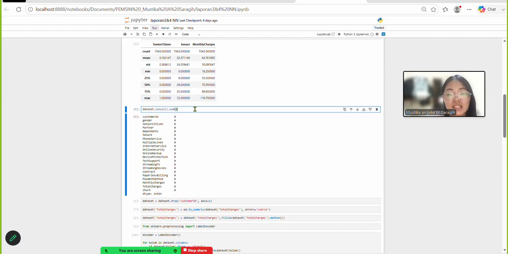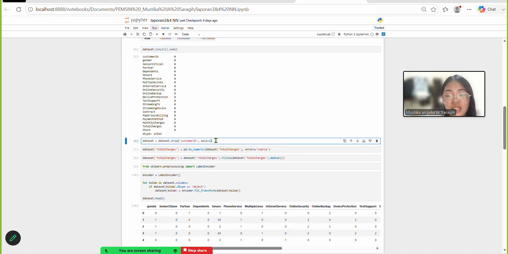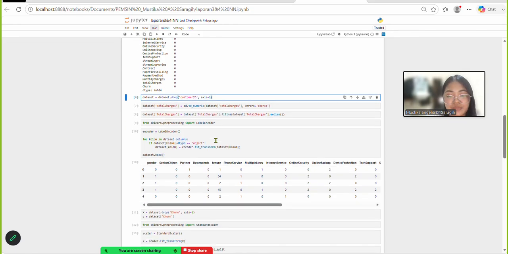Next is check missing value. This code checks whether there are missing values in each column of the dataset. Next is remove customer ID. The customer ID column is removed because it's only an identifier and does not contribute to predicting customer churn.